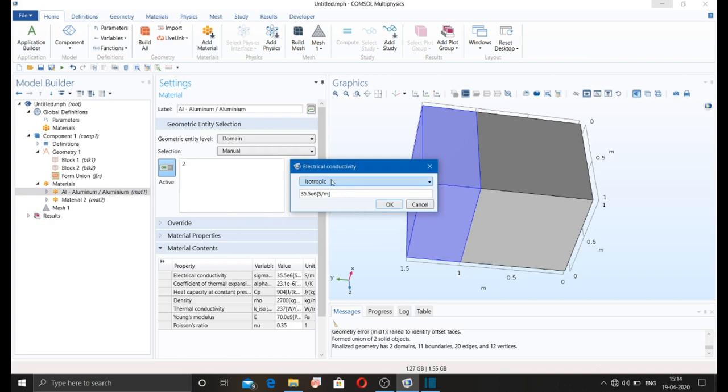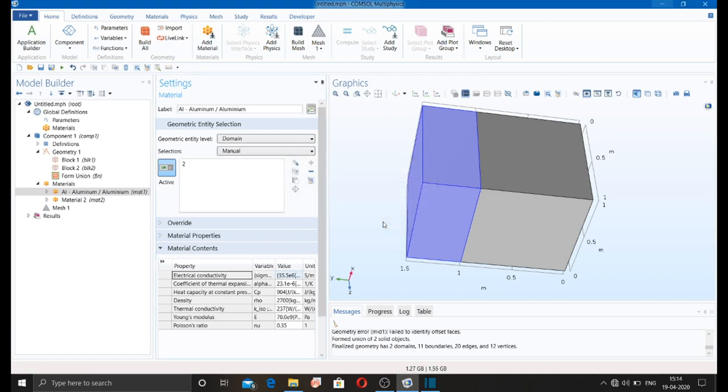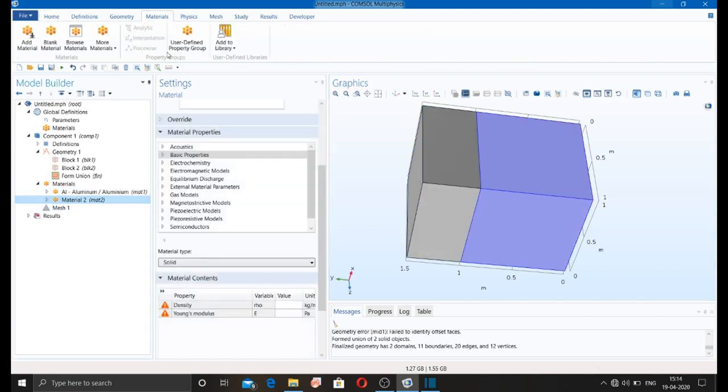So from here you can see the isotropic, diagonal, symmetric and anisotropic. Okay, just select it. If you want to add this unknown material or material properties which have been assigned by you to the material, you can also add this material to your library. So just add to library, add to user defined library, so this material has been added to your library.